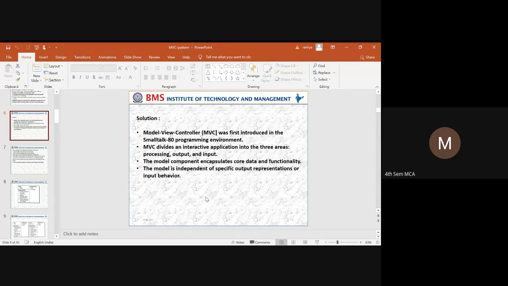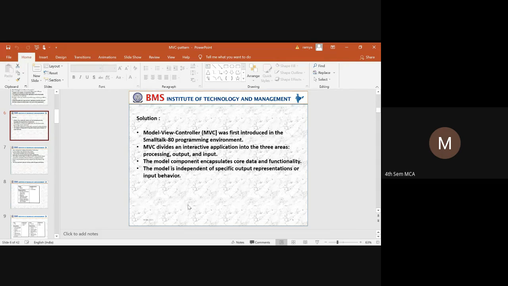That means the end user will not be able to modify the data and the functionality implemented behind the data: how to access the data, how the data has been stored, what the different functionalities are, or what algorithm is being used to fetch that data. All these features will be encapsulated in the model.